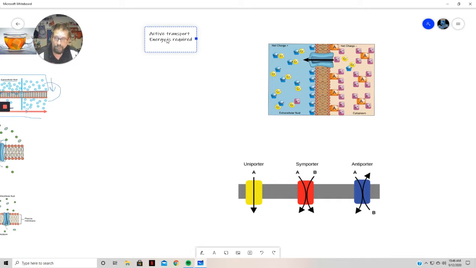Okay, again, if it's opposite of passive transport, it went down the concentration gradient. Now we're going to go up the concentration gradient. Okay, we're going up. So if you can imagine pushing a boulder up a hill or walking back up a